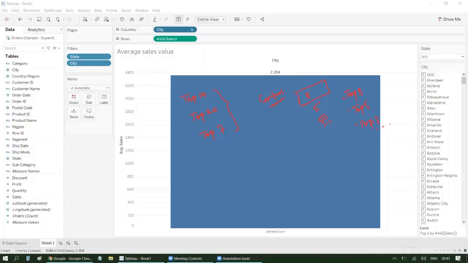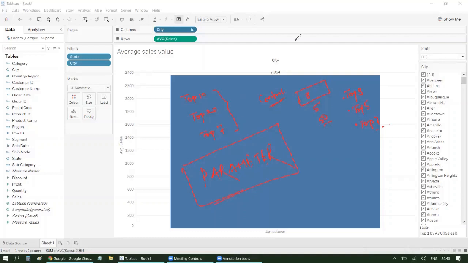If you want to understand this more, like how it can be helpful in other places, check out our videos on how to create bins. In that video, I have explained how you can use a parameter to control the bin size as well. Similarly, we will use a parameter over here to control the top filter depending upon the user's requirement. Let's see how we can do that. So what we are going to create now is called a parameter. Very, very helpful feature in Tableau.